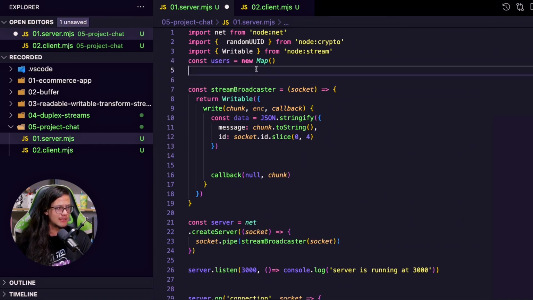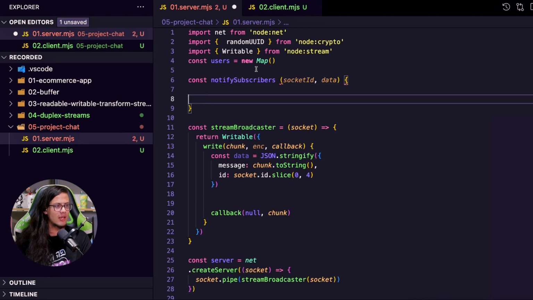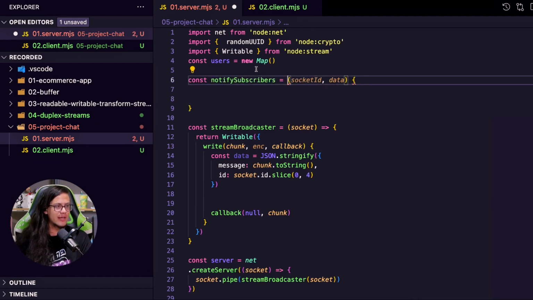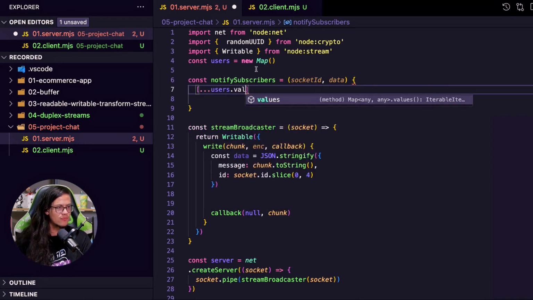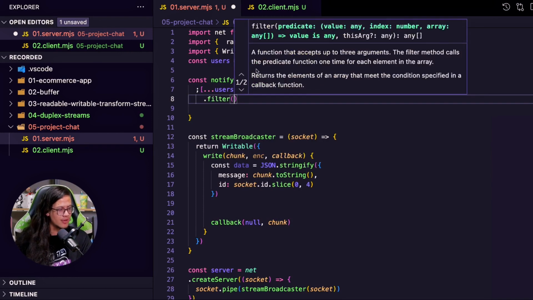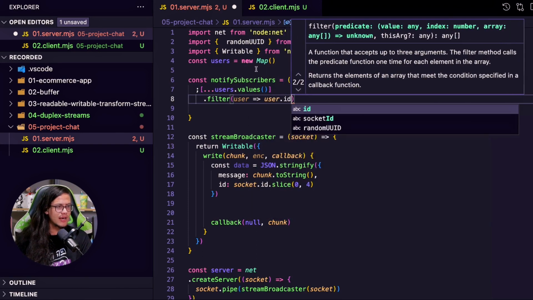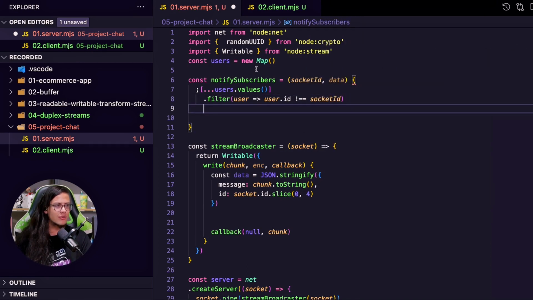So if I do this, I should have const notifySubscribers, okay? We're gonna notify with our socket ID and the data we have all the users that are connected, okay? So I'm gonna grab all the users' values, okay? I'm gonna put just a break line here so it's gonna be easier, and then I'm gonna avoid myself, okay? So user, if the user ID is different than our socket ID, then I could actually send